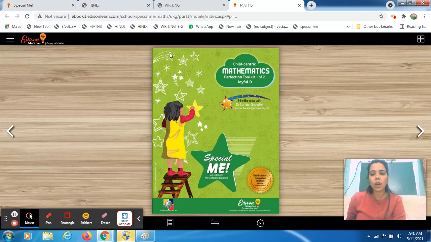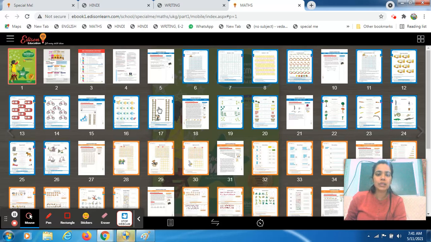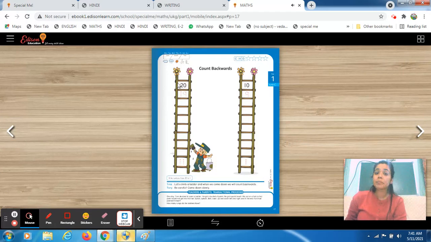I hope that till now you have brought out your maths book. Now open your mathematics book. Come to page number 17. As you know, in my previous session I introduced you to the concept of backward counting, right? We did a worksheet related to that just to revise our concept. Okay, आपको मैम आज एक new worksheet करवाएंगे. This is also the same concept of backward counting. You also have to practice at home with the number boards and flashcards.